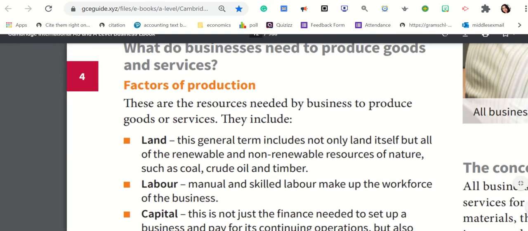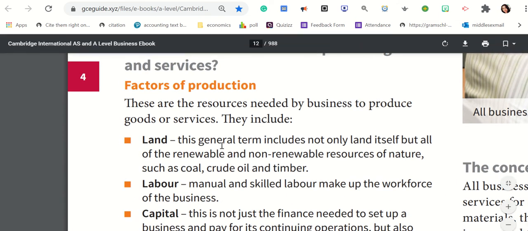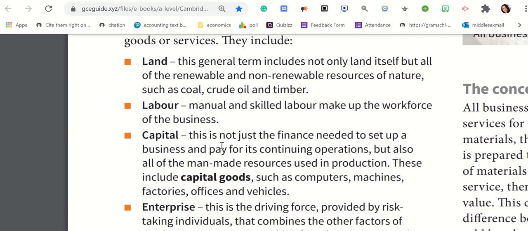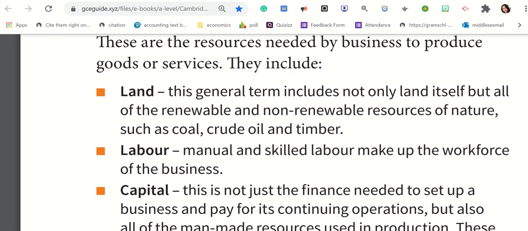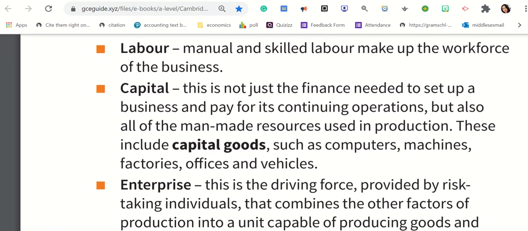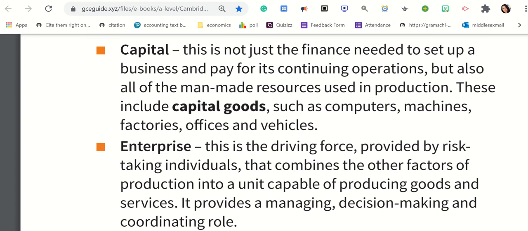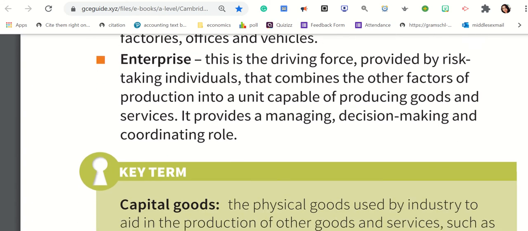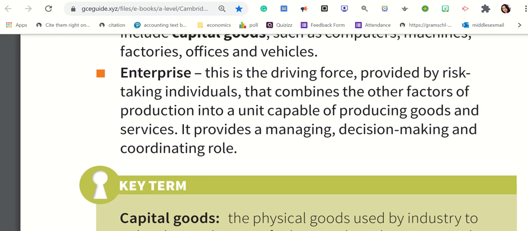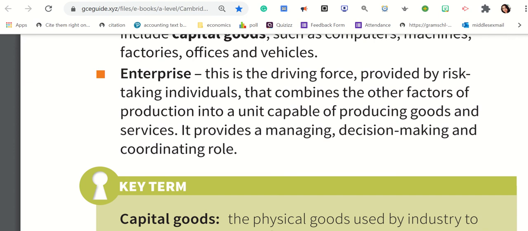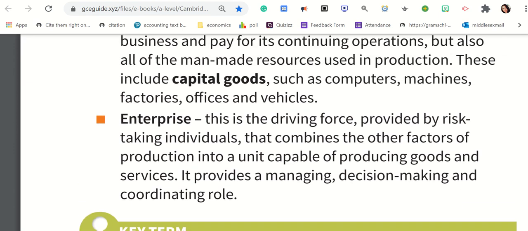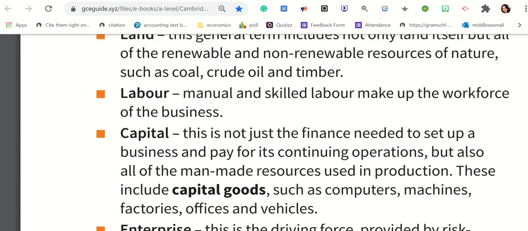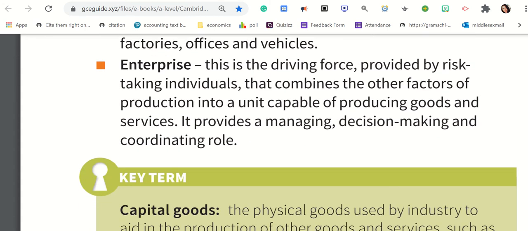Now what are the four factors of production? There is land, labor, capital and enterprise. Now land includes all the natural resources, whereas labor is the manual and skilled workforce. Capital can be the finance that is needed to run your business. And also capital goods such as computers, machines, factories, offices and vehicles are needed to run a business. So what is enterprise? This is the driving force provided by risk-taking individuals. These are the owners of businesses who combine land, labor and capital appropriately in order to